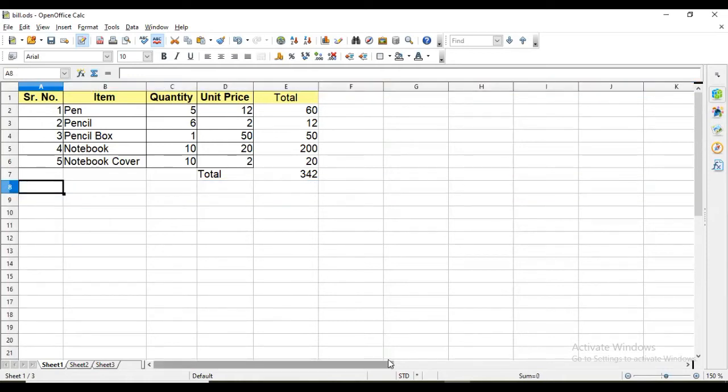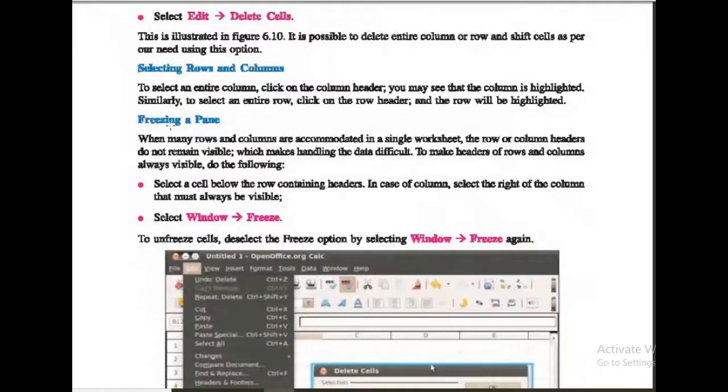Okay, now there is one option of freezing panes. What is that?